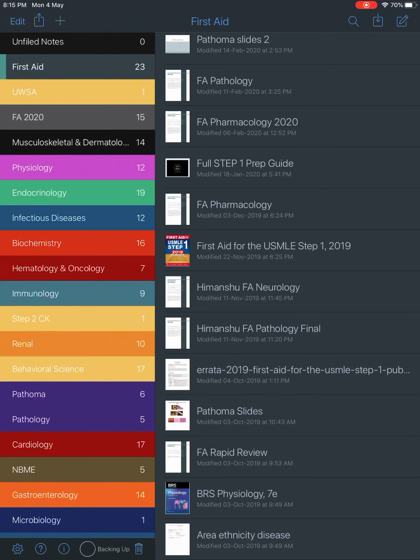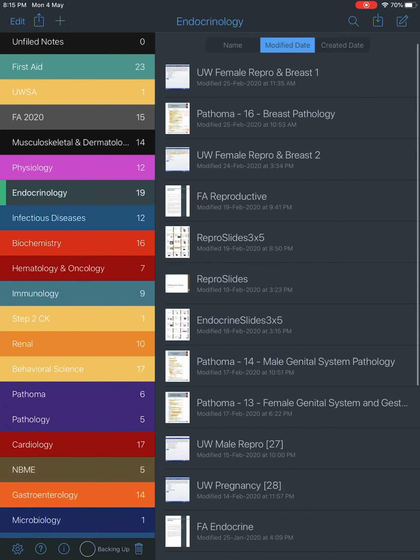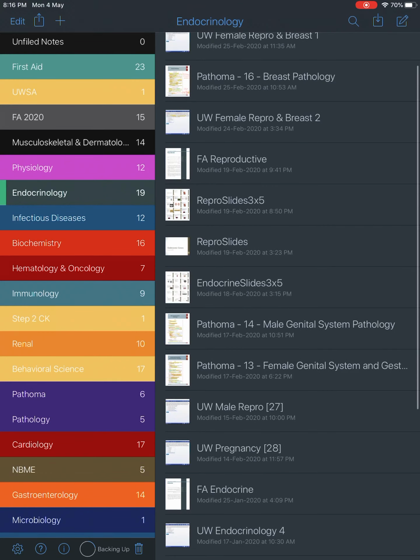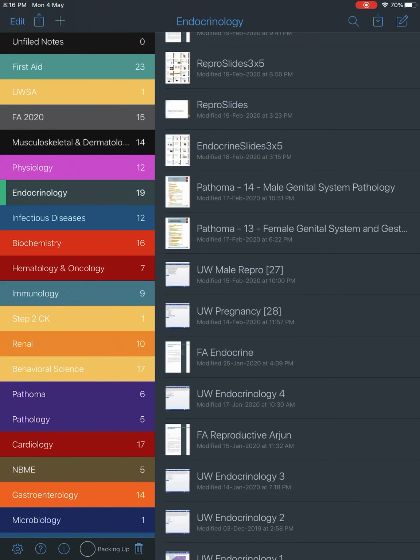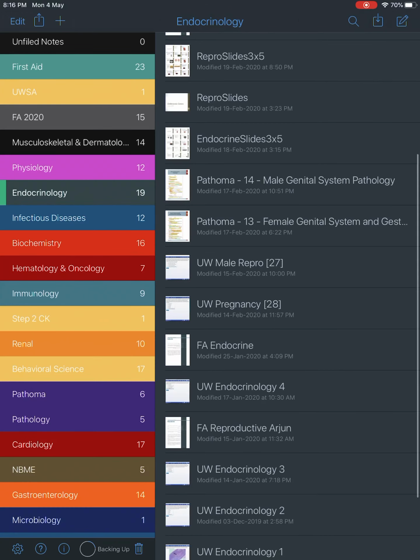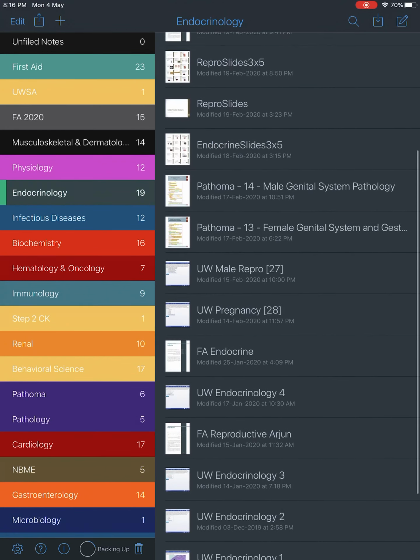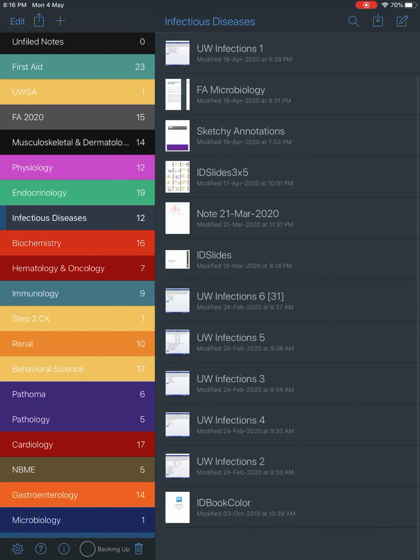And if we go to endocrinology, it contains everything like UWorld blocks, FA of that particular section, repro and endo, then BNB slides, then Pathoma slides. I have separated each system PDF, so I can combine easily in Notability. So yeah, this is my whole endo and repro section. Similar to that, this is infectious disease,